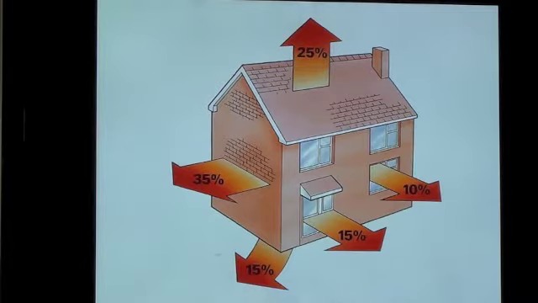Again, the heat loss per square foot through a wall is the same as it is through an attic if it has the same R value, because heat goes equally well in all directions. But it's easy to put 18 inches of insulation up in the attic. It's pretty hard to put 18 inches of insulation in a 2x6 wall. So that's the reason that we typically insulate our attics a lot more than our walls. There's space to do it, it's cheap to do, and that's why we do it,